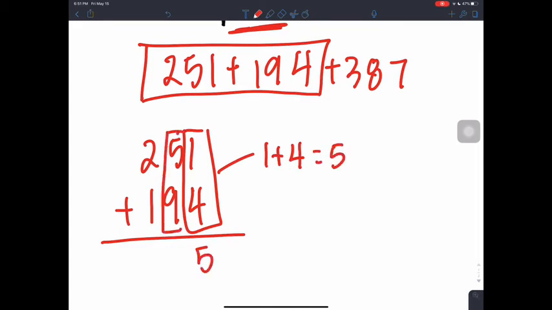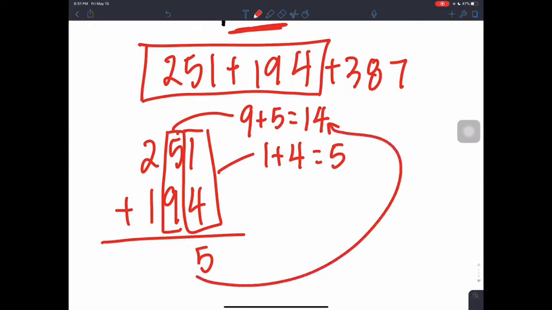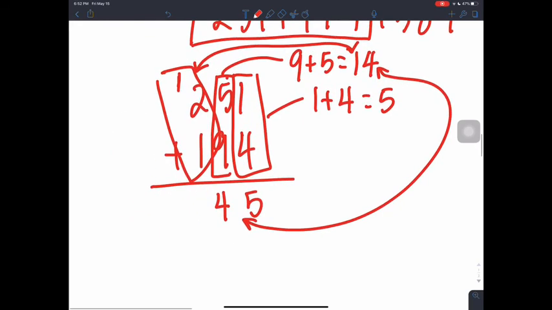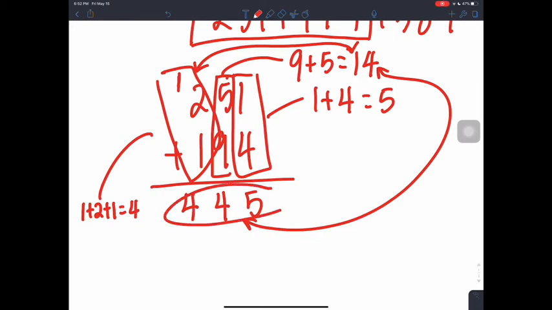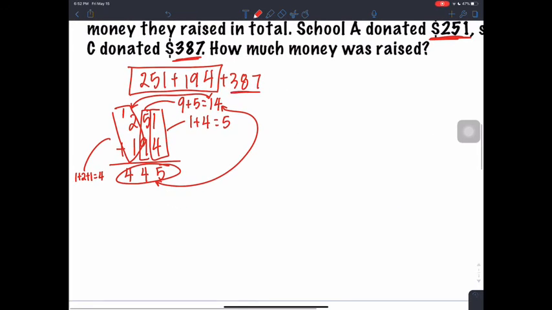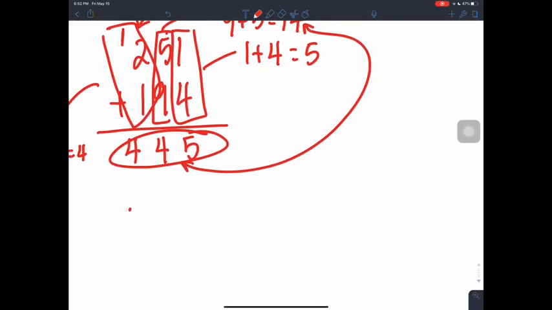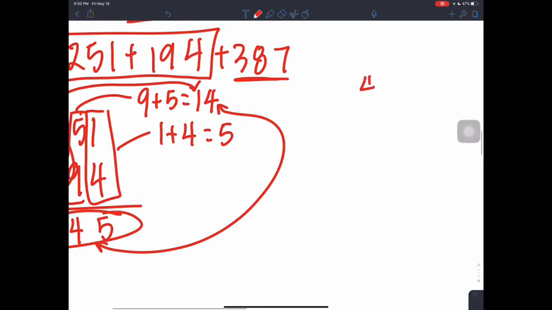Then in the second column, we have 9 plus 5, which gives us 14. Like always, we're taking the number from the ones place and bringing it underneath. So the 4 goes down here. Then the 1 from the 14 gets added to this third column. So in the third column, we have 1 plus 2 plus 1, which gives us 4. So we have 445, but then we still have this $387 that we have to add. So 445